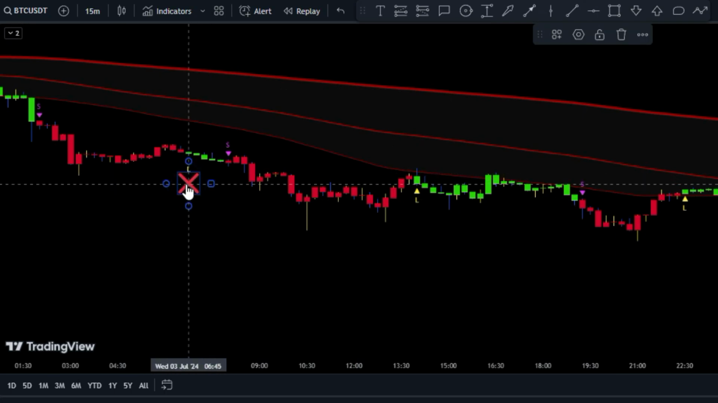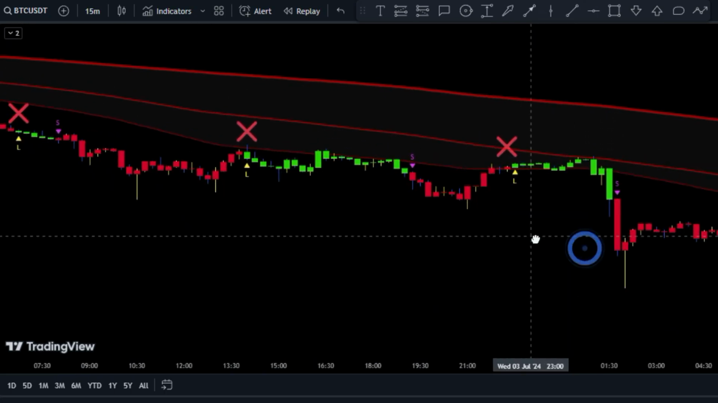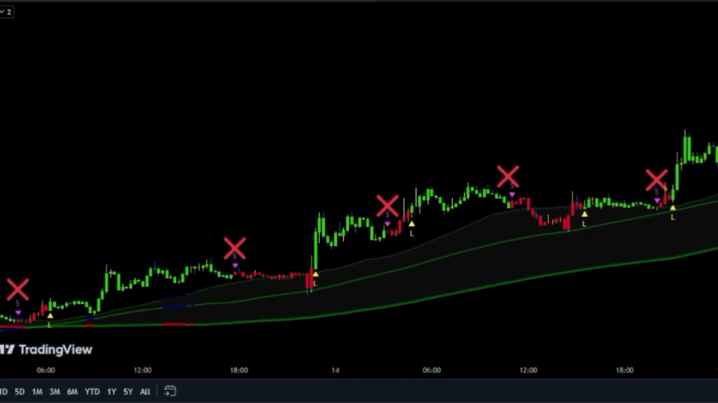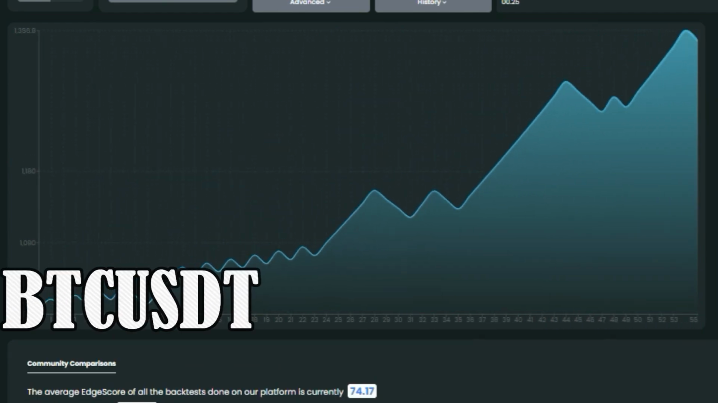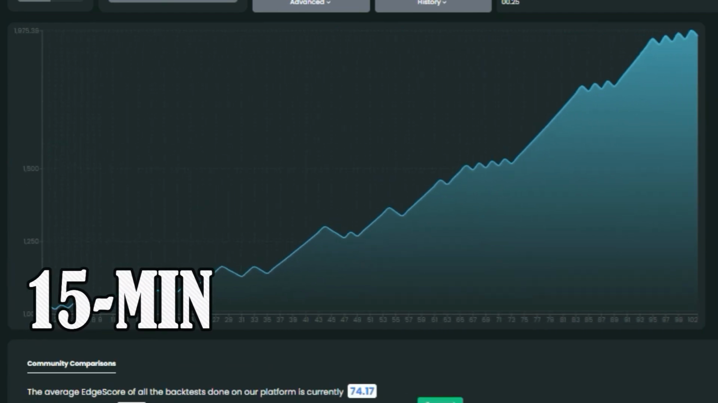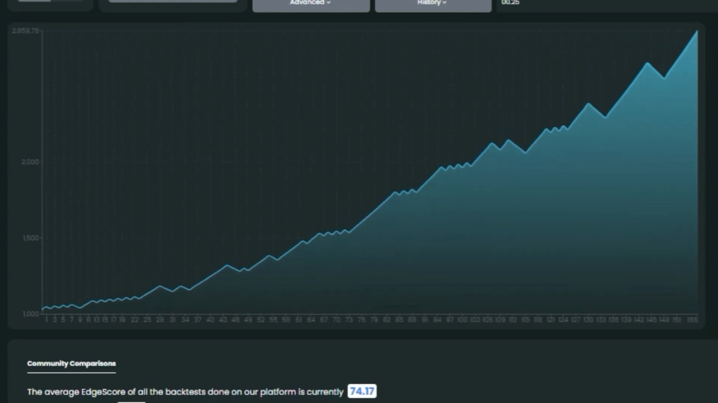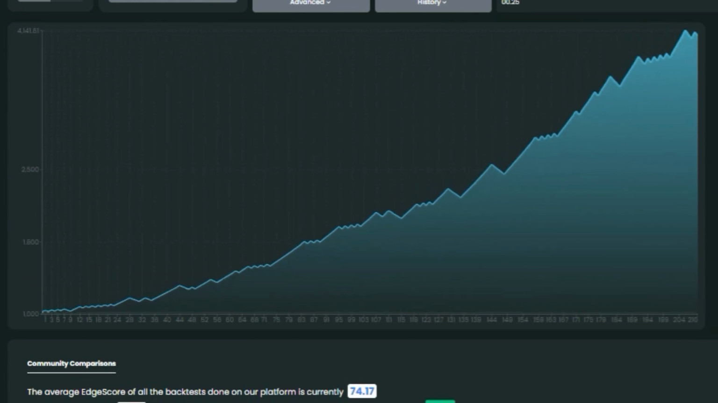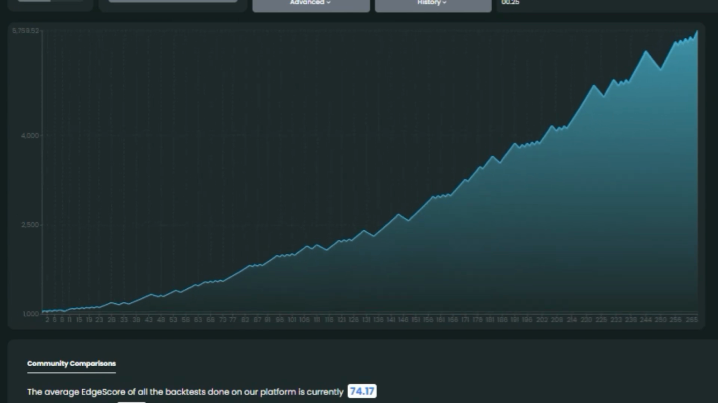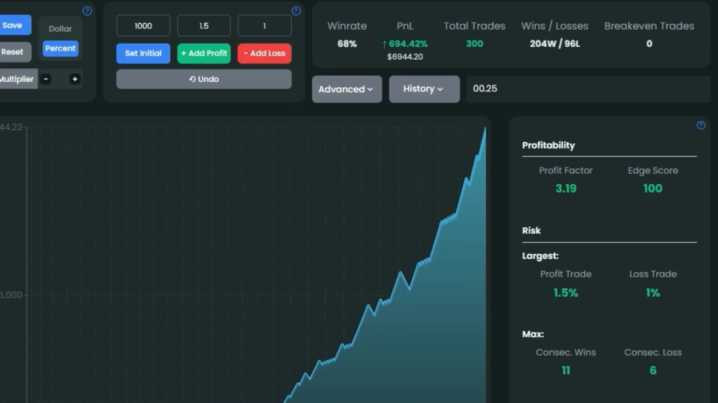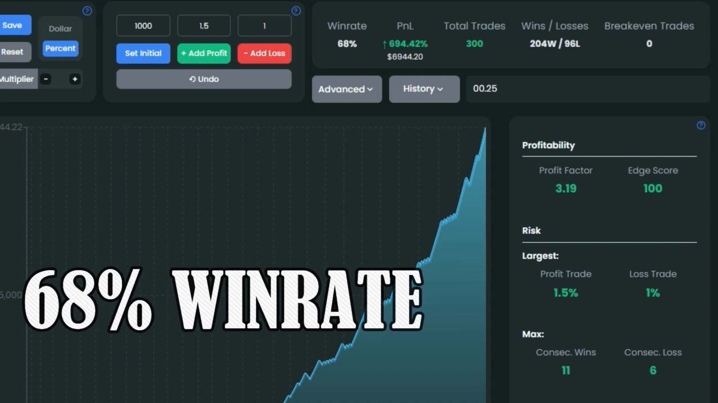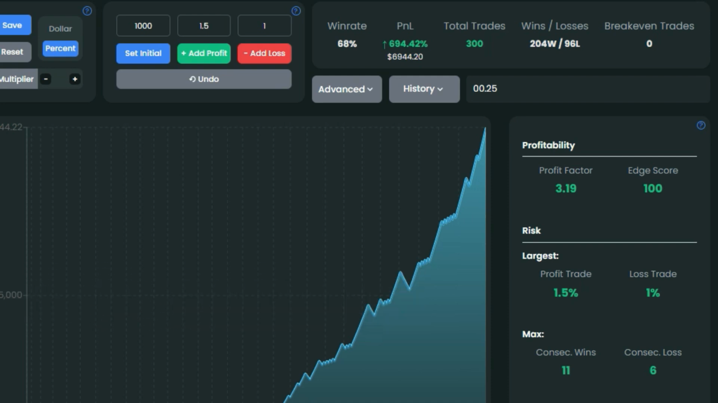Now that we've got the ins and outs of both buy and sell trade rules, it's time to share the exciting results of our backtesting. We put this strategy to the test on the Bitcoin chart using a 15-minute time frame and a trusty risk-to-reward ratio of 1 to 1.5. The outcome? Brace yourself for some seriously impressive numbers. Out of 300 trades, we saw a fantastic 68% win rate and a mind-blowing total profit of